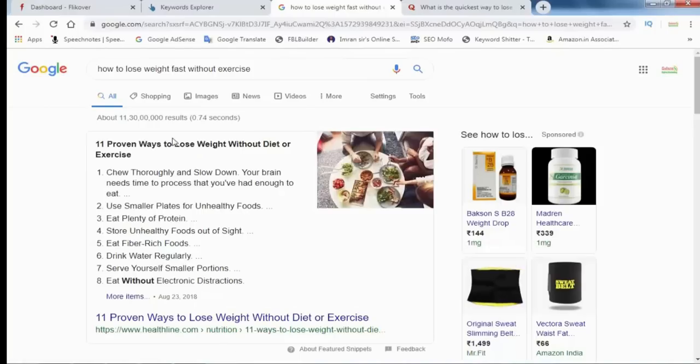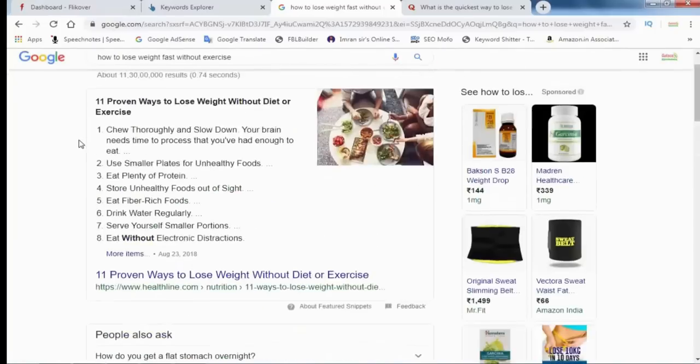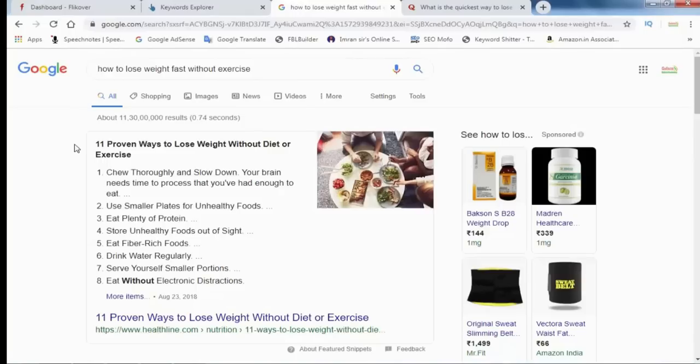So how do you send traffic from search engine? In the first lecture I taught you, you need to rank any one keyword on Google. You need to rank only one or two keywords on Google. If you are getting real traffic from search engine with that keyword, then you can send paid traffic from search engine to your website. This strategy is called the traffic strategy.